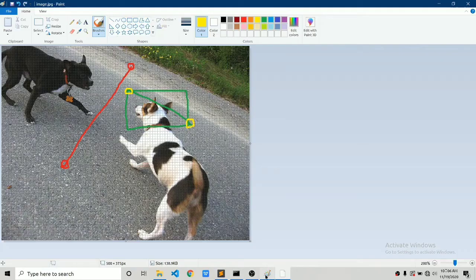Now let's move one step further. Let's draw a circle on this face, and let's just draw it in blue color. For a circle you need only one coordinate, which is the center of the circle, and another value, which is the radius of the circle.